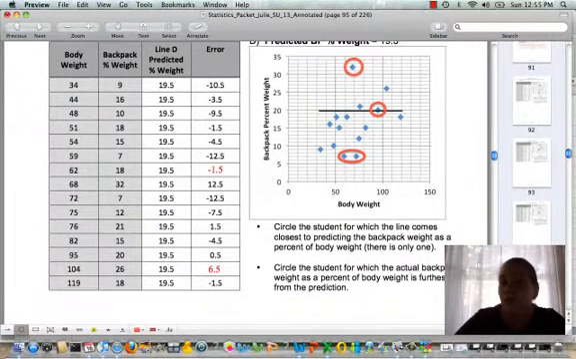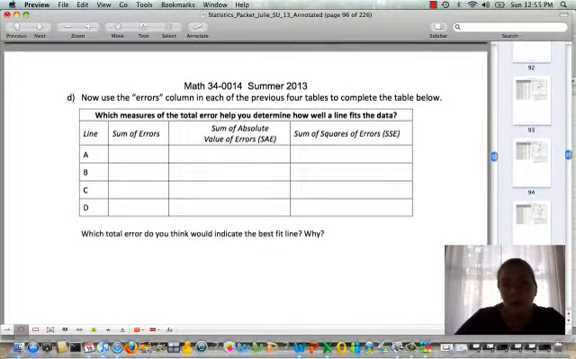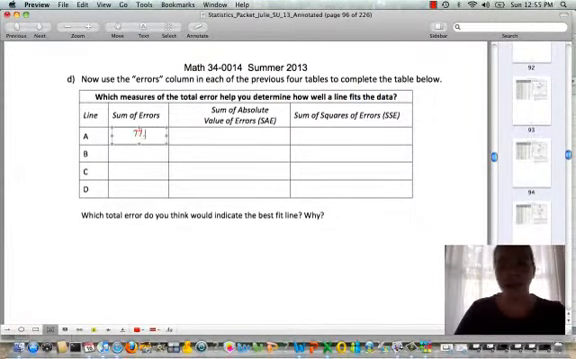So now we're going to use these error calculations to determine which graph is actually the best fit. To fill in this table in part D, you have to sum up all the errors for the different lines. So it's going to take a while. You can use your graphing calculator or copy it into Excel and use Excel calculations to do that. If we sum up the errors for line A, that gives us